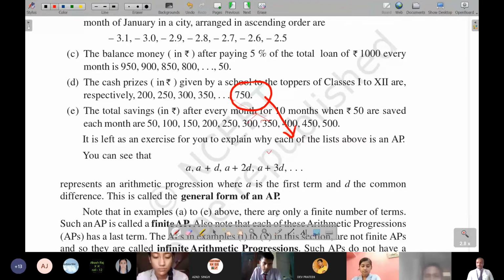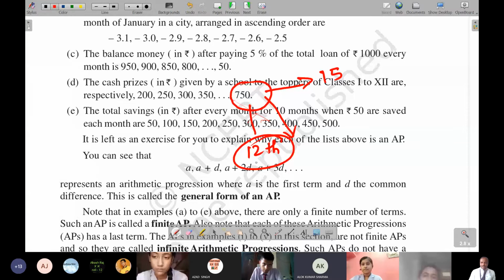Sir, it is the 15th term. 15th term? Is it? 12th term, sorry, sir. 12th? Yes, sir, 12th term. Pali is saying 12th term. So what is the right answer? Ashish, you also came to 12th only? Sir, 12 terms. 10th term, sir. Yes, 12th term. If everyone is saying 12th, then the 12th term will be the right answer.